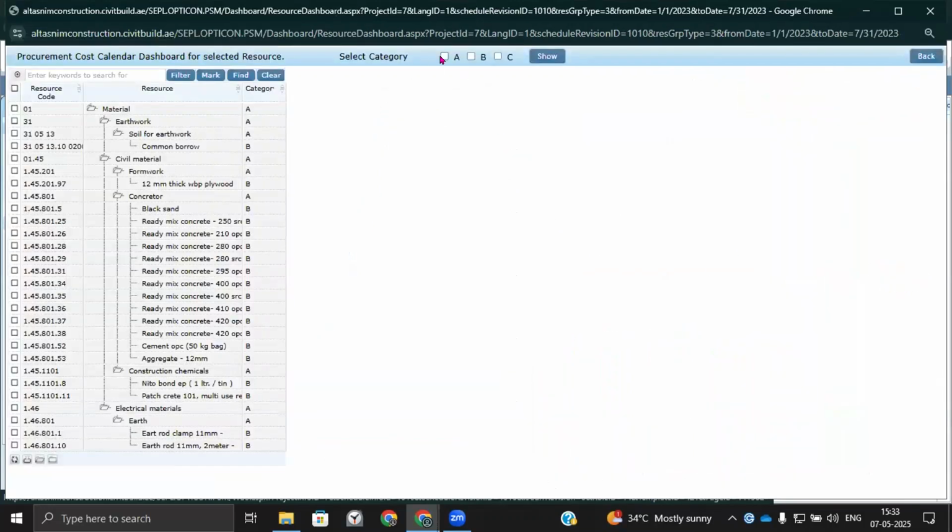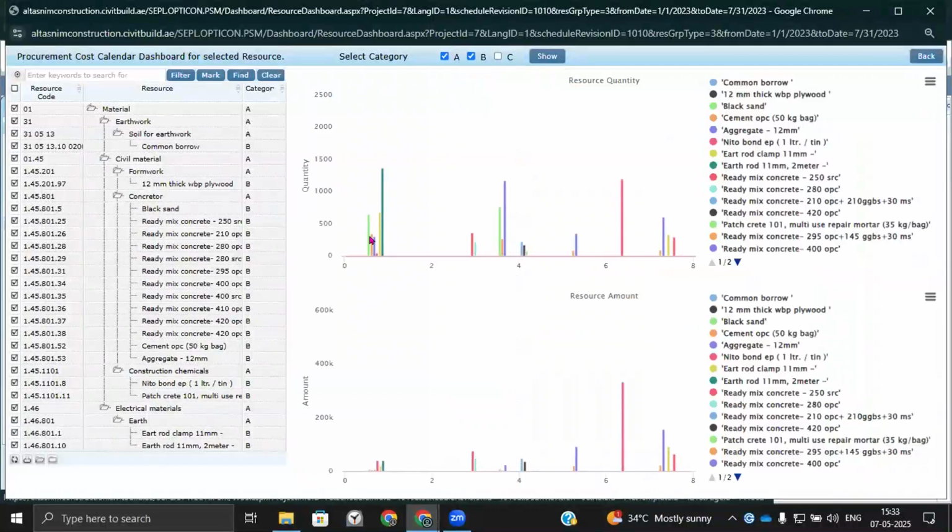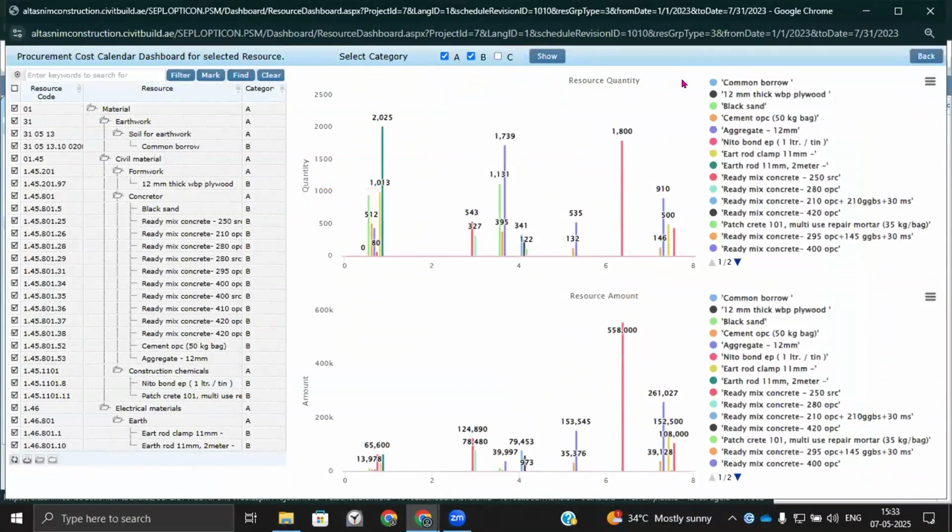And ABC analysis is nothing but a classification of high value, medium value, and low value resources. The bifurcation of those resources in terms of quantities and amount gives you additional analytical and decision-making capability, to understand what my high value and medium value resources are, required at what time, and the quantity and cost associated with them.